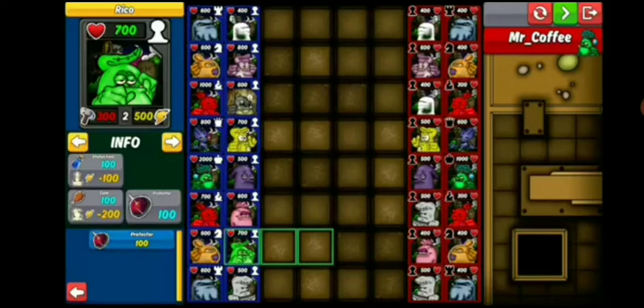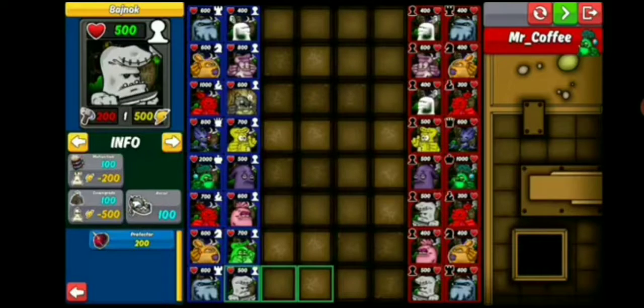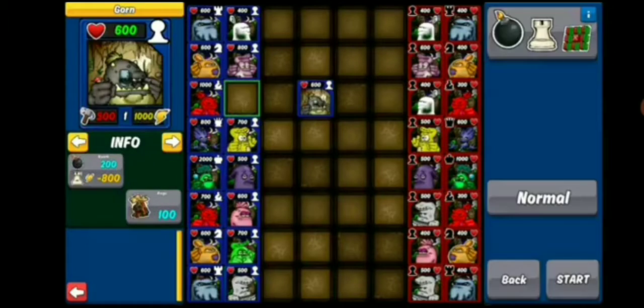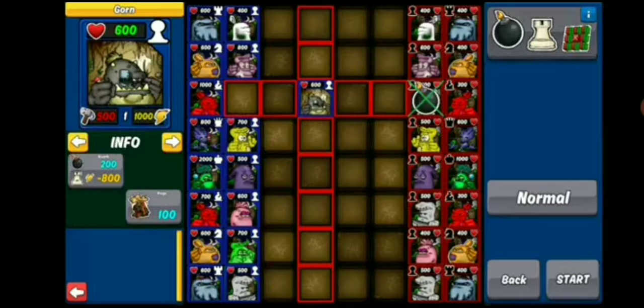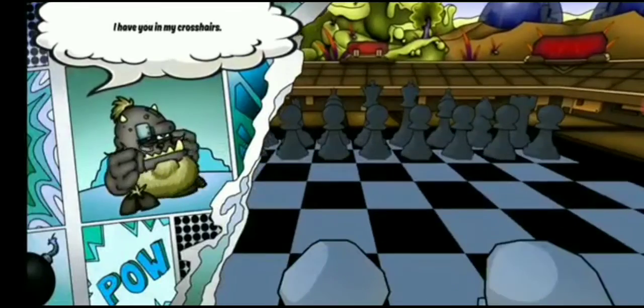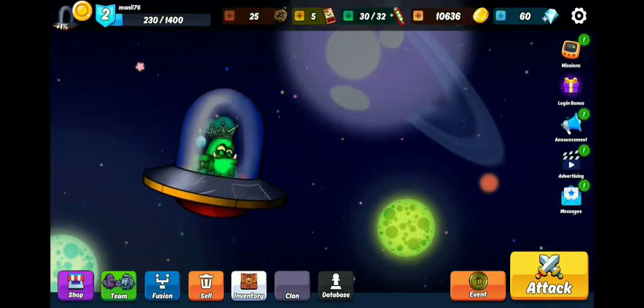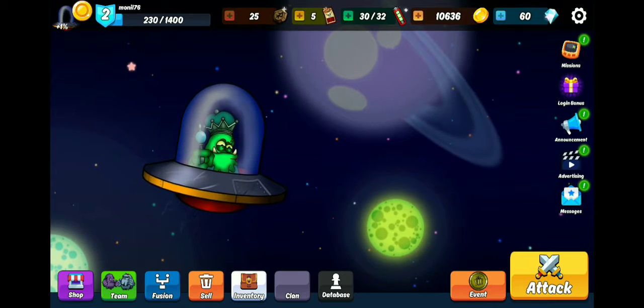So what you need to do is to first click on any piece. Then you can see its special move on the left side of your screen. Then, after you place the move, you have to see the top right corner, where you can see the various things that it can perform. Then click on the start button. The piece will move and a special ability will be used. Now, we'll click on the event button, which is right beside the attack button.